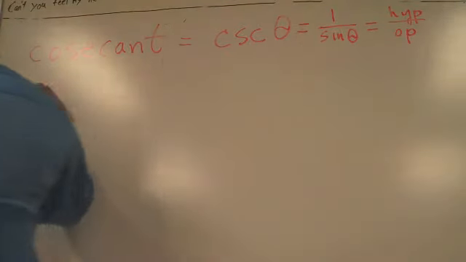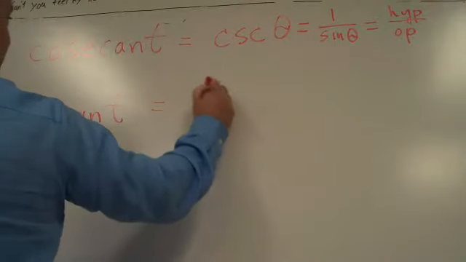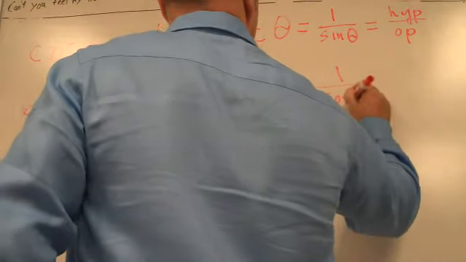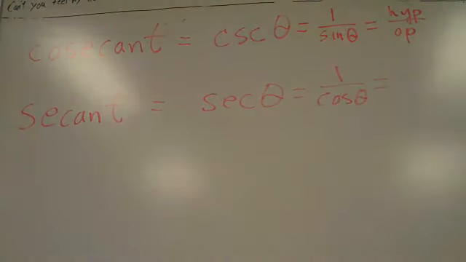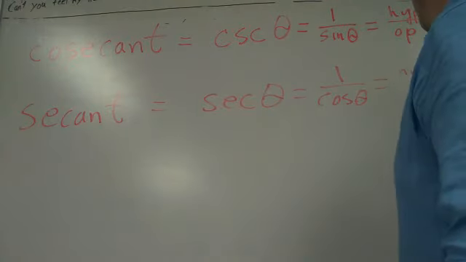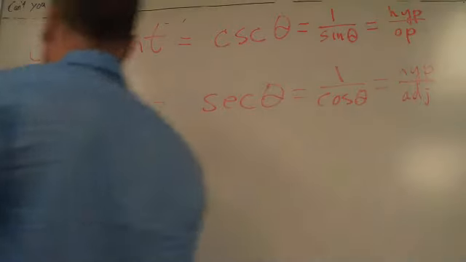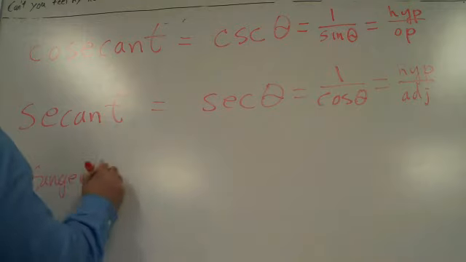The secant is abbreviated SEC theta. That's 1 over the cosine of theta. Now flip the cosine, and what do you get here? Hypotenuse over adjacent. Very good. And then we have the cotangent. There is a reason